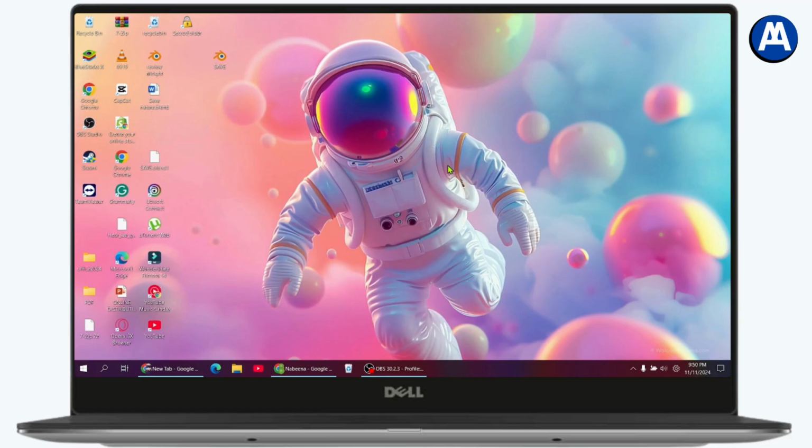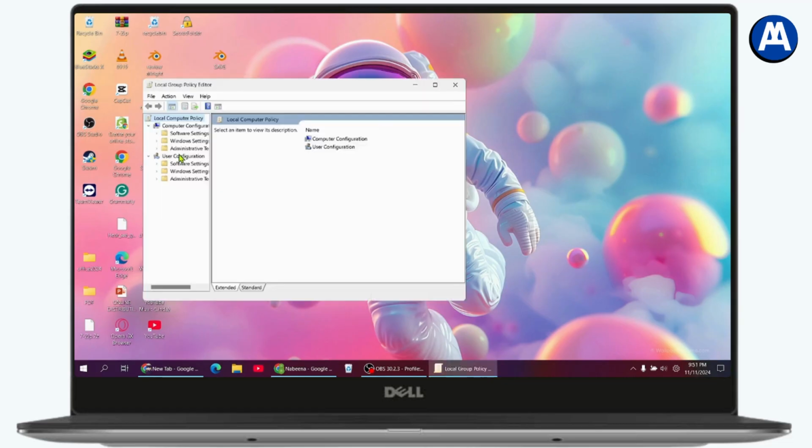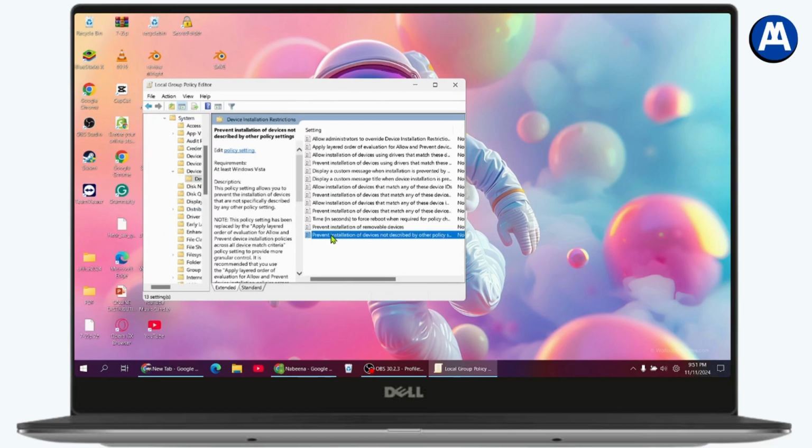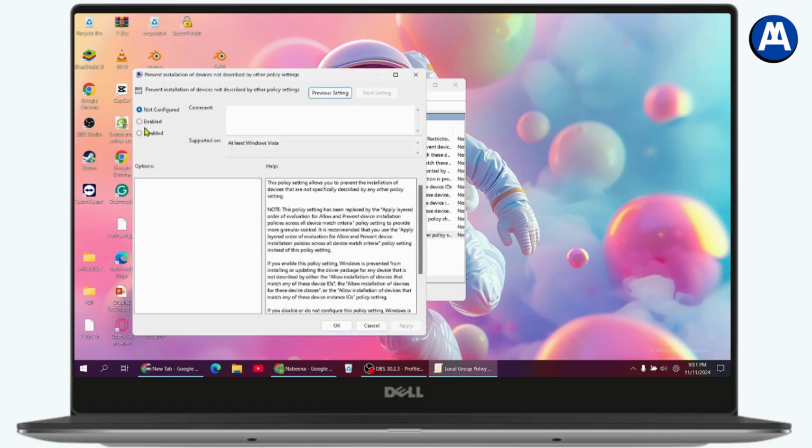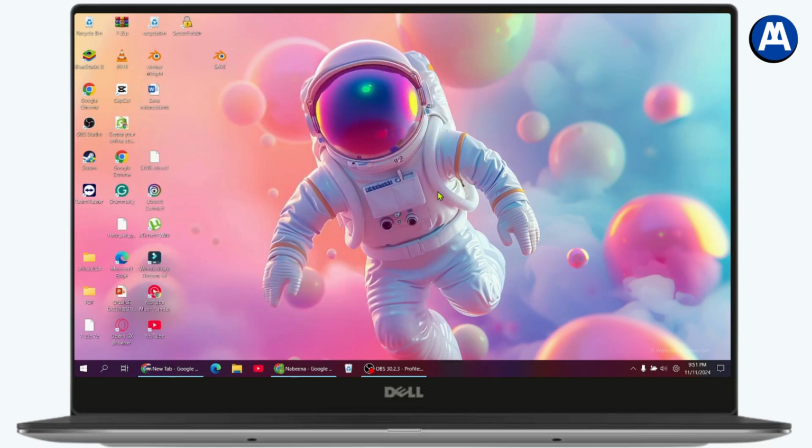And if you want to reactivate your keyboard, then open up the local group policy editor window and go with the same options that we've gone through, right click on it, go with edit and choose not configured, and after that it will be enabled. So that's how you can turn off or